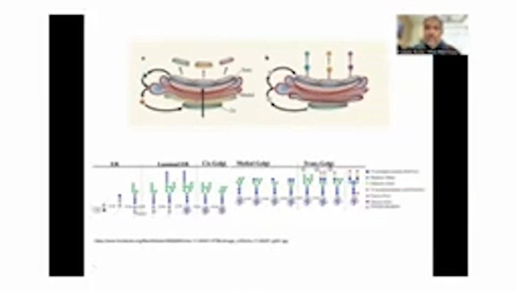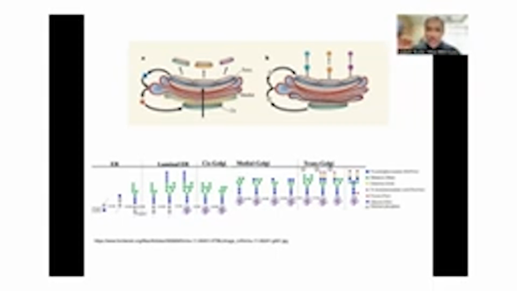And one of these major changes that proteins undergo is the addition of these polysaccharides, right? And I'm just showing you an example of a protein that as it moves from the ER to the luminal ER to the cis Golgi to the medial to the trans Golgi, these blue and green dots that you see are different sugars that get added to the protein, right? And the final protein that comes out has a very elaborate sugar signature. And that sugar signature is very vital to where the protein is targeted and how it functions. And this just gives you a flavor of how